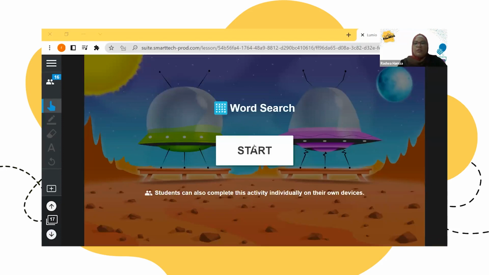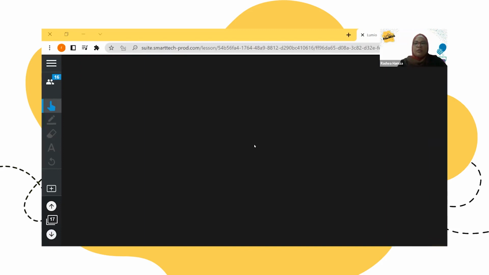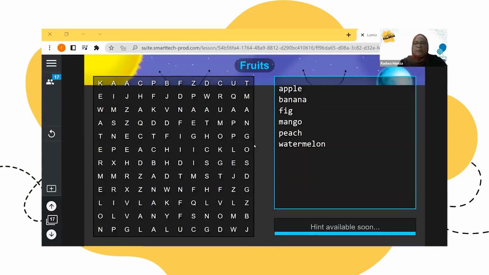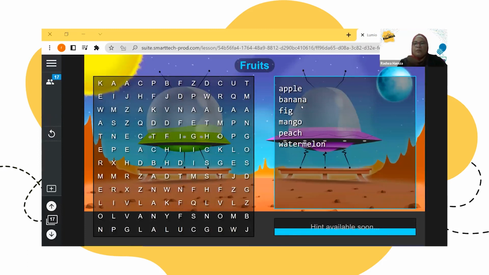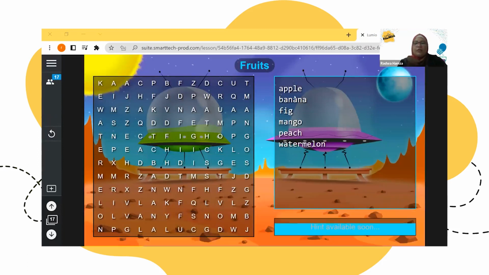I start here. Here, I use some fruits vocab: apple, banana, fig, mango, peach, and watermelon. And I ask my students to search for them in the word search. They will love it very much. I think it's easy for students, but I can see apple here.